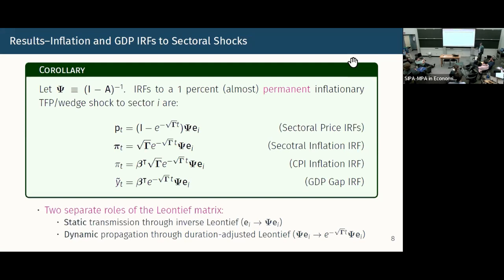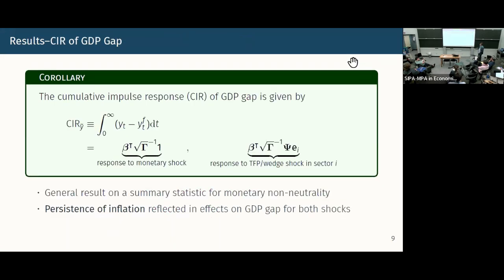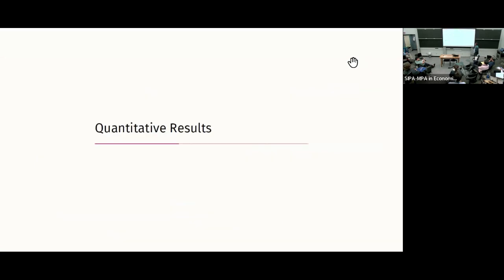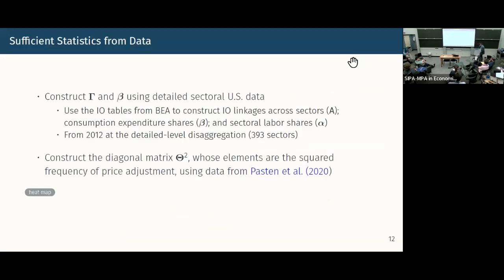Okay? So similar formulas with different long-run pass-throughs for sectoral shocks. Skip that. I just want to talk for 3 minutes about quantifying this. Once we know that impulse responses are being driven by this gamma matrix or the square root of this gamma matrix, the only question becomes, let's go measure that in the data. Both of them are observable, and see what happens for the US economy.